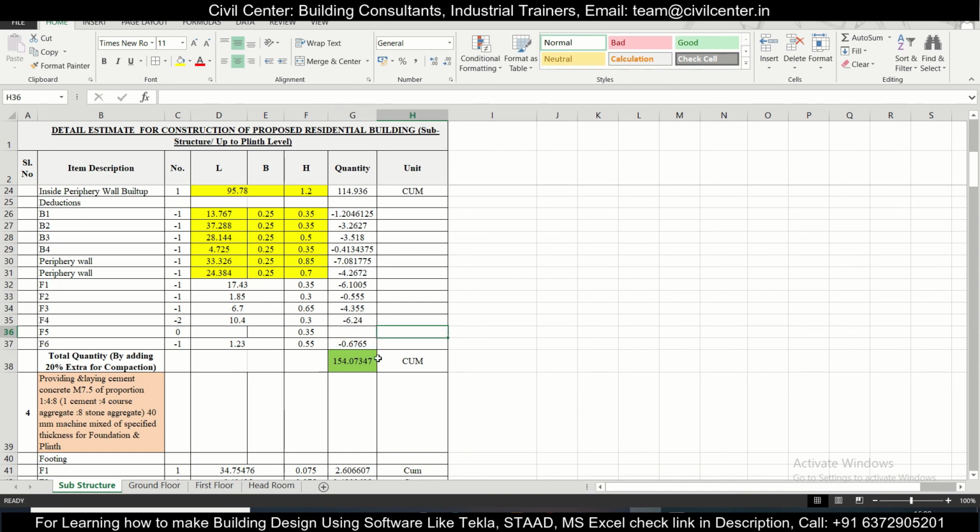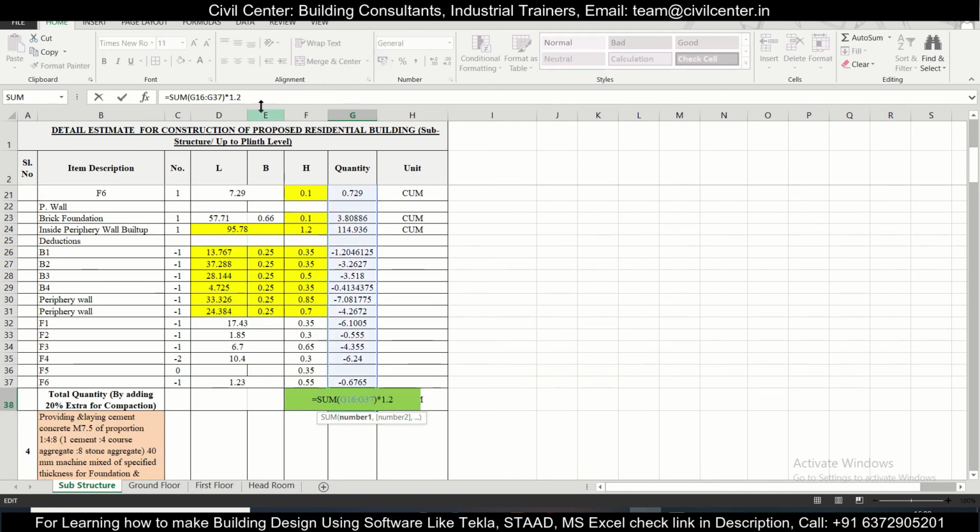This one we don't need. We'll just increase the sum portion. Now we are having the total earth quantity multiplied by 1.2. 1.2 is for the compaction.